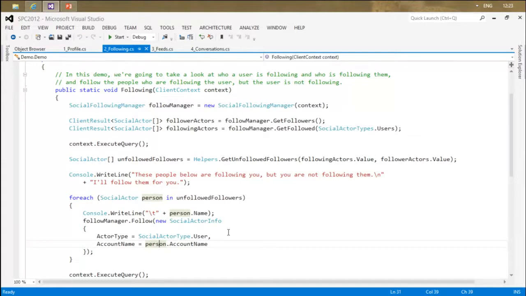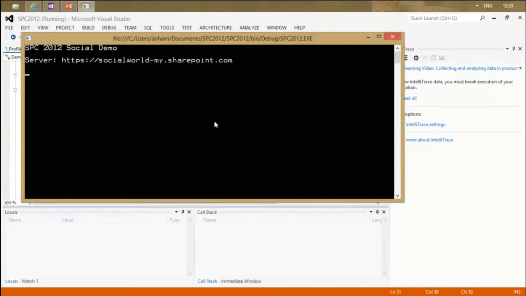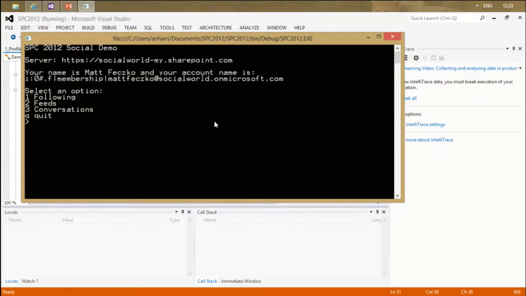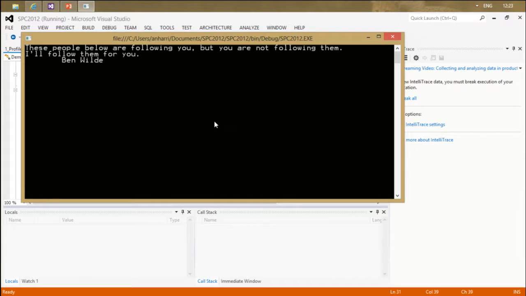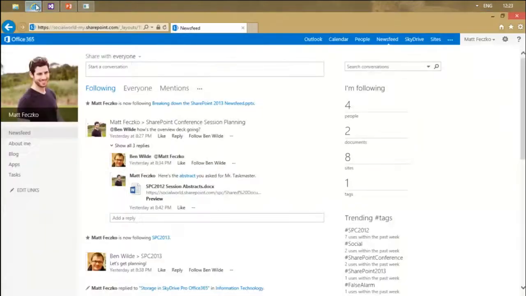And so when I run that, hopefully you'll see that I'm not following somebody, and then I'll follow them. So it says, these people below are following you, but you're not following them, and it gives me one person, Ben Wilde. So if I go into my feed now, I want you to look at two things, the feed and the I'm following view. When I refresh the page,